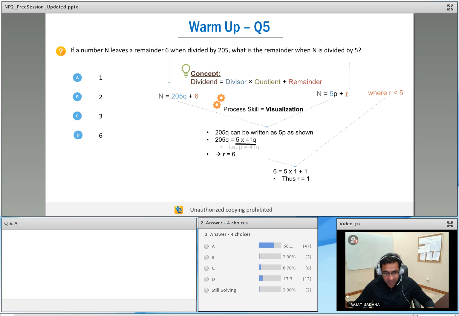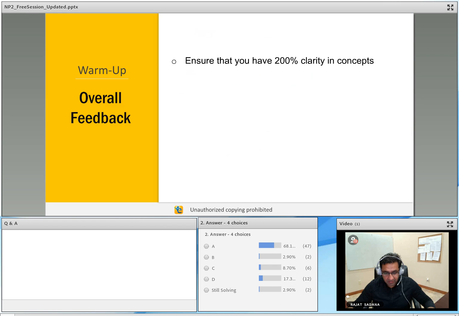I'm going to leave this for another couple of seconds so that you guys can take a look at it. Okay, and now we're going to move forward. But this is something that we expected you guys to know before you come into this session. This is the only foundation that you need, and the reason we did this warm up was because we want